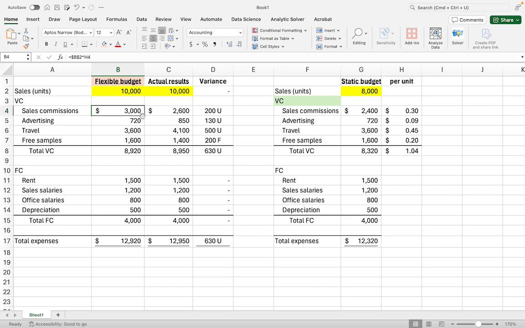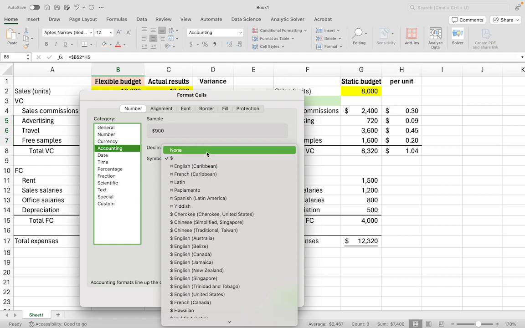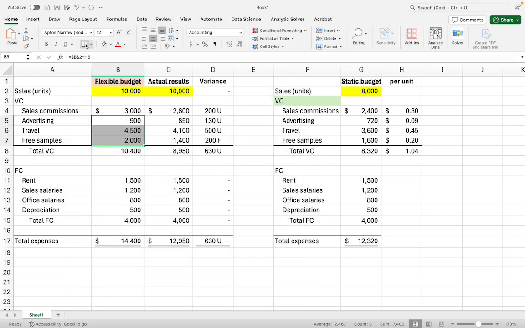So I'm just going to drag and drop this. And you can see here, let me get rid of the dollar signs real quick, since it's going to bother me if I don't. And then get that thing underlined the way it should be. Okay. You can see here that the advertising is going to be 10,000 times 9 cents. So that's the $900. The travel is going to be 10,000 times 45 cents is $4,500. And the free sample is 10,000 times 20 cents, which is $2,000. And those numbers added together should be